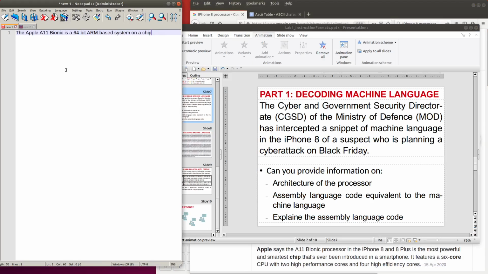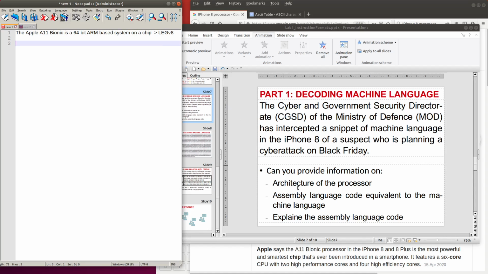It is Apple A11 and it is an ARM core. And we know from our lecture that the ARM core uses the LEGv8 instruction set architecture.